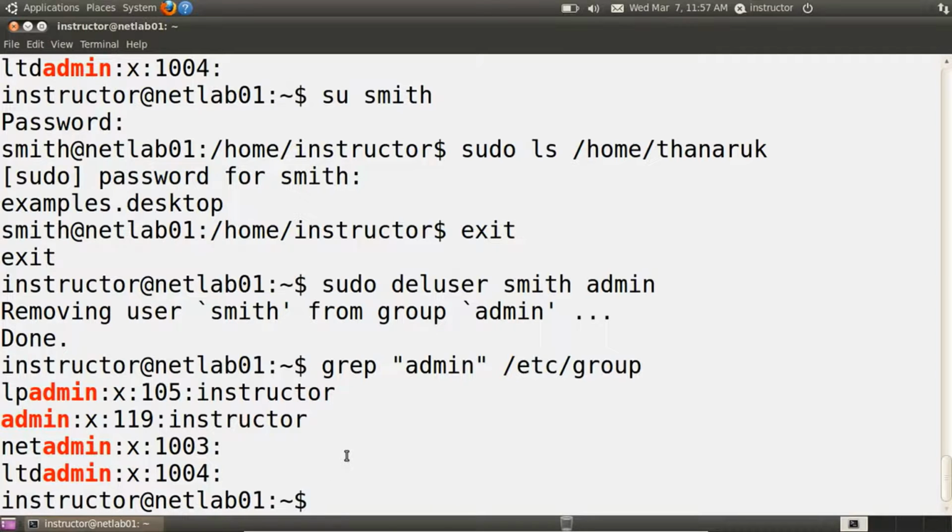I've already created an example extra set of configuration directories for sudo, and I'll show you that